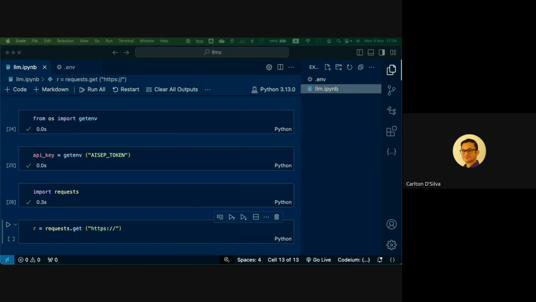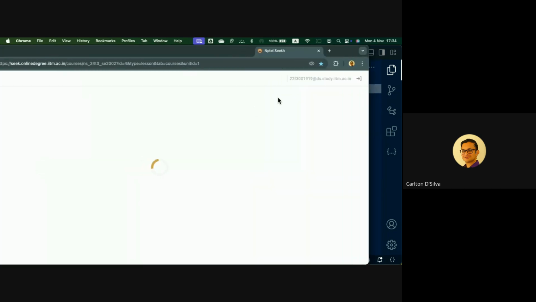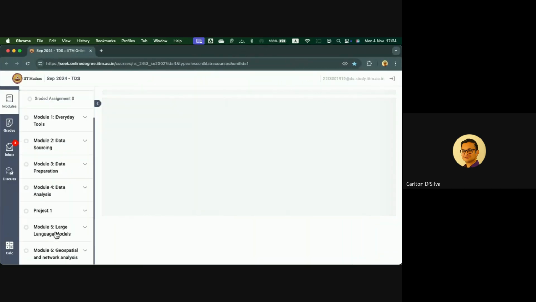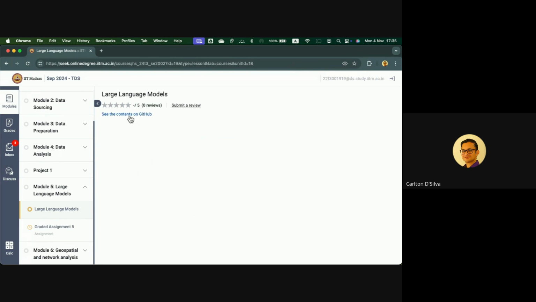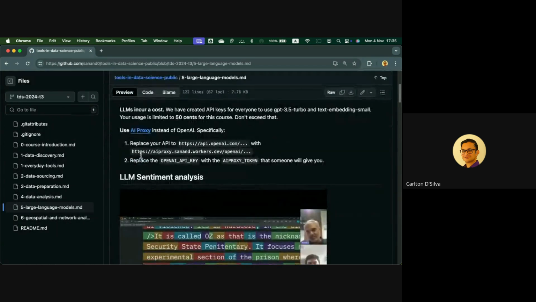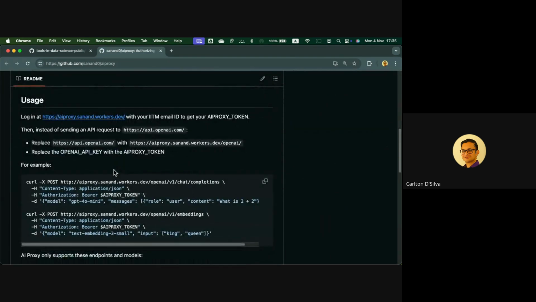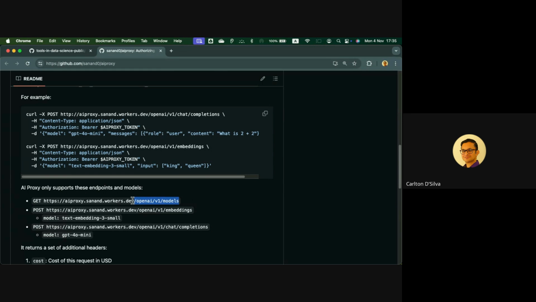Let's get that now. Okay, and we want to use this endpoint.